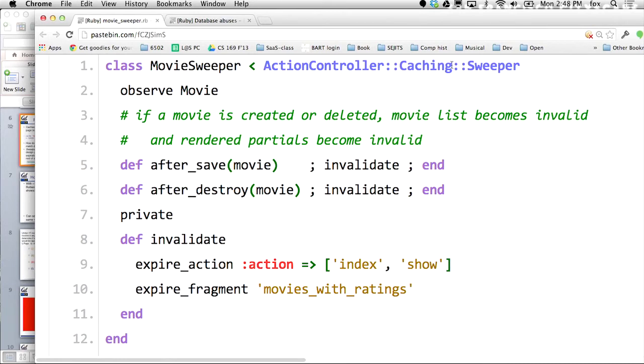This is part of the Rails framework. And we've optionally, just for clarity, put observe movie, although as you might have guessed, because Rails uses convention over configuration, even if we left out observe movie, Rails would infer from the name of the class, movie sweeper, that the thing we're observing is movies. So this is another example of when you could override that if you wanted to name the class something else, for example. The way that these sweeper classes work is we can basically define all of the same callbacks that